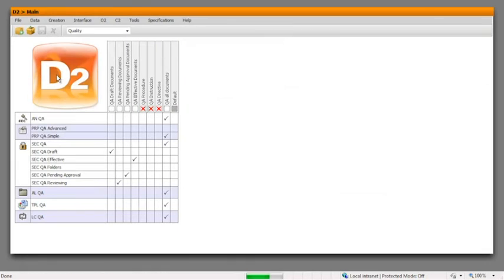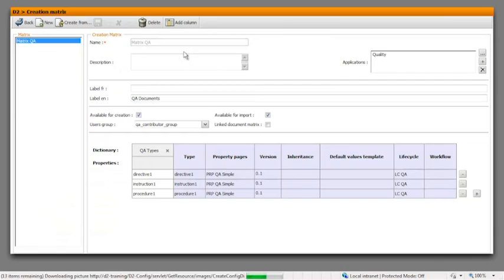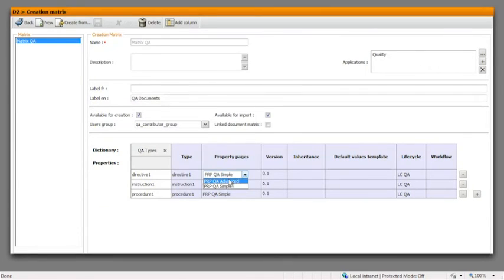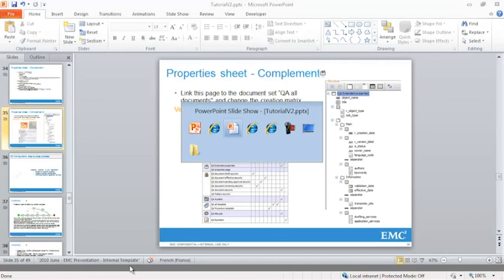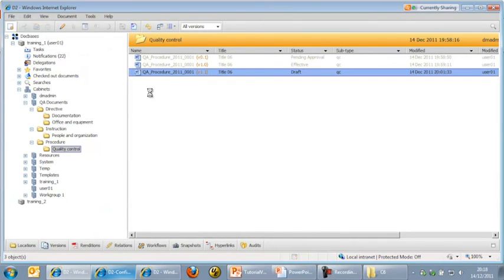So what I'm going to do is update the main matrix and use this advanced property page like this. And also I will go back in the creation matrix and update it in order to have the ability to use my new property page on the creation. Because now, thanks to this, if I go in the client and try to create a new document,